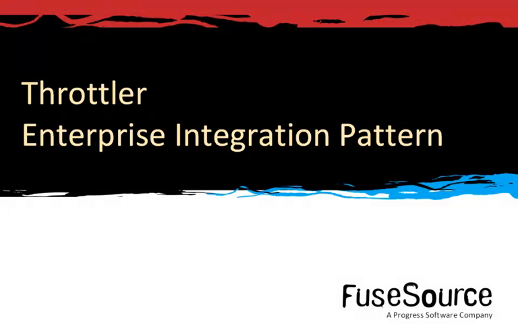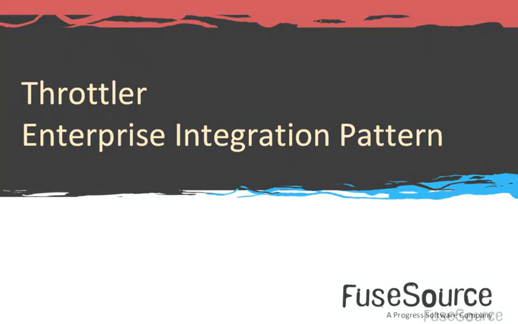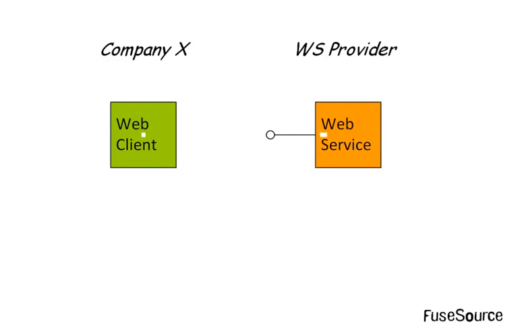In this demonstration, we'll show you how to use the Throttler enterprise integration pattern in a camel route. To illustrate the Throttler pattern, we consider the following scenario. Company X enters into a service level agreement with a third-party web service provider. A part of the agreement stipulates that Company X can make web service invocations at a maximum rate of 4